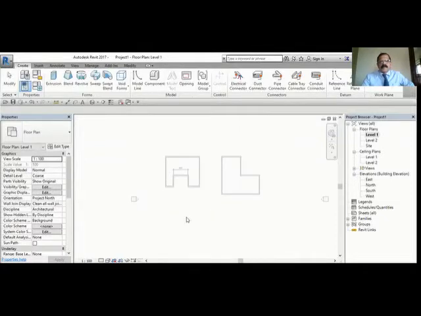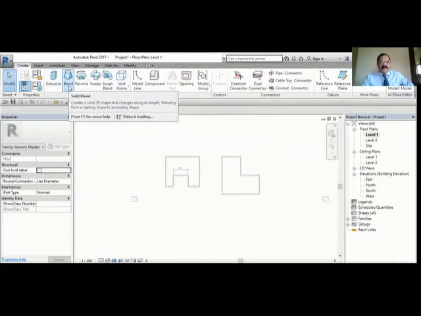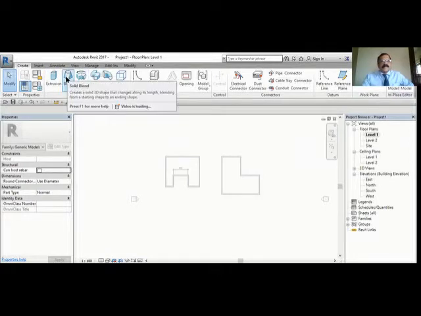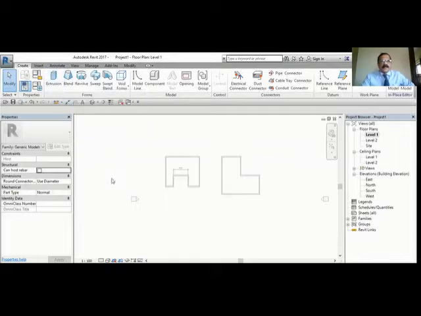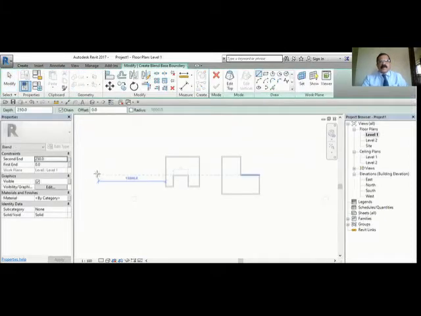Okay. Now, extrusion we have seen. Now we are going to see blend. Blend is similar to extrusion. The only thing is that at the bottom you can have one cross section and at the top you can have another cross section. Two types of cross section you can use. That is blend. So when you select the blend, click the blend. You are in the blend mode.